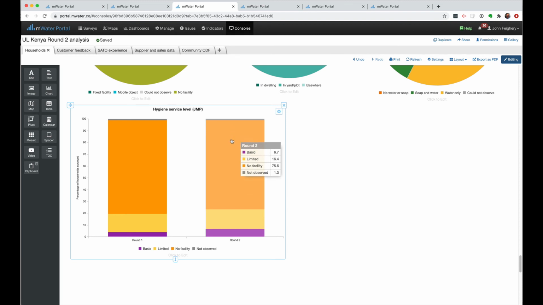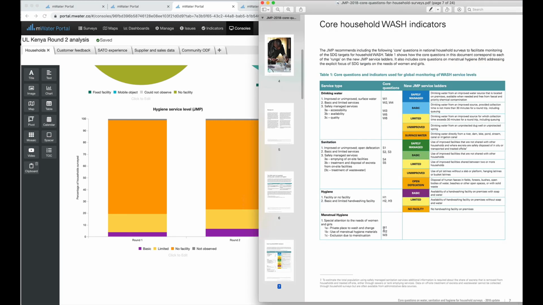What you typically see in a JMP chart is something that looks like this. You have your service levels, as they call them, or ladders, as some people call them, where you have progressive realization of the targets or the goal. So what we're trying to do is measure progress toward some end state that we're trying to achieve, which is usually the highest level of service. In this case, we want everybody to have a hand washing station with water and soap in their house or on their property. So if we go to this document real quick, I'm just going to show you the JMP